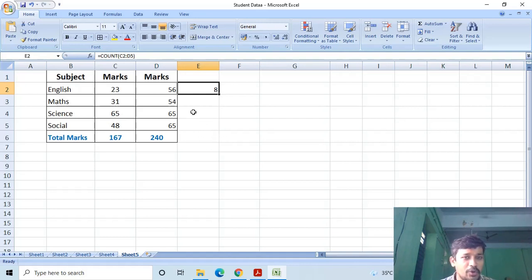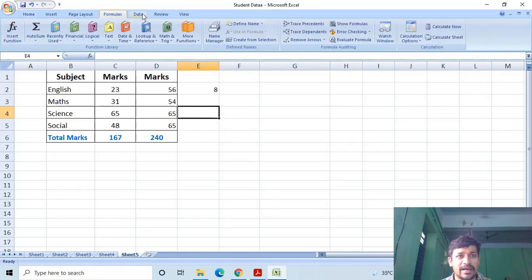If you want to stop the automatic calculation, then click on the formulas tab and go to the calculation category. In this calculation category, click on calculation options. Here the automatic option is selected. Just click manual. Then the automatic calculation is stopped.